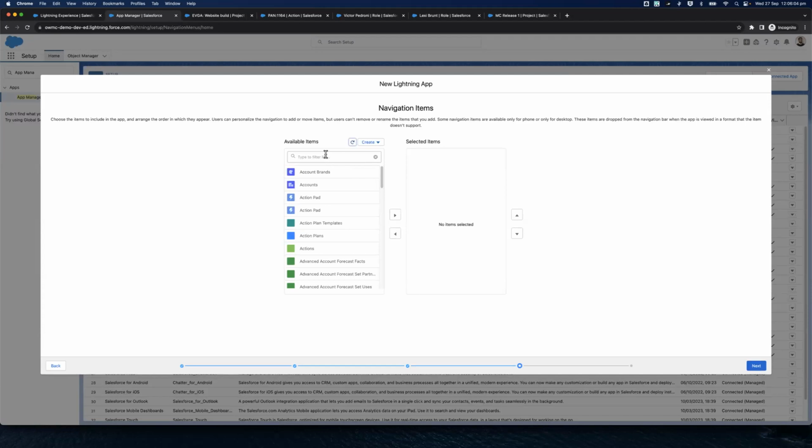So for the available tabs in the navigation menu, I want to make the mission control tab available for users of this application. So I'll be selecting the lightning components, and they have a lightning bolt as the icon. So I'll just select that there. And then I'll be needing the projects, and then I'll need the whiteboard, the action pad,